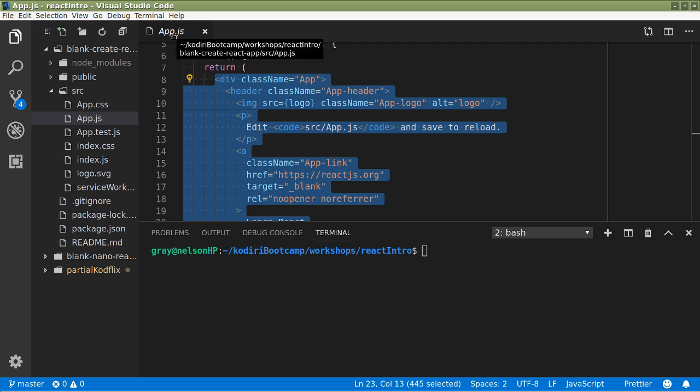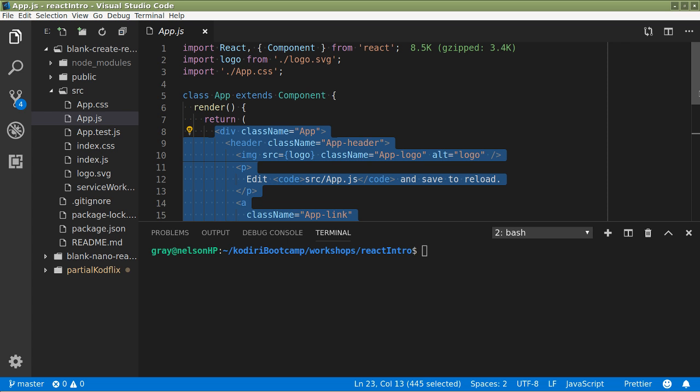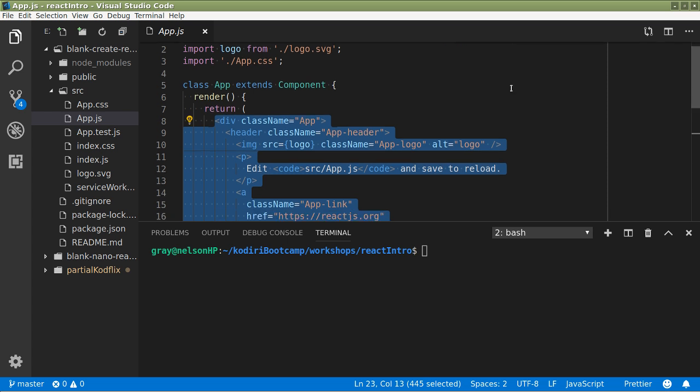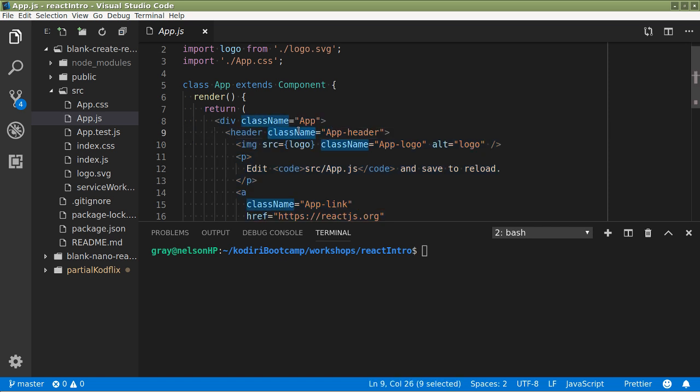So the whole file itself is a JavaScript file, right? It's got the extension .js. That's a JavaScript file. Yeah, remember React is a JavaScript library. But, so is this HTML? Do we have class name in HTML? No, just class. So why can't we use, well, hold on, so this in fact is not HTML code, this is JSX code,